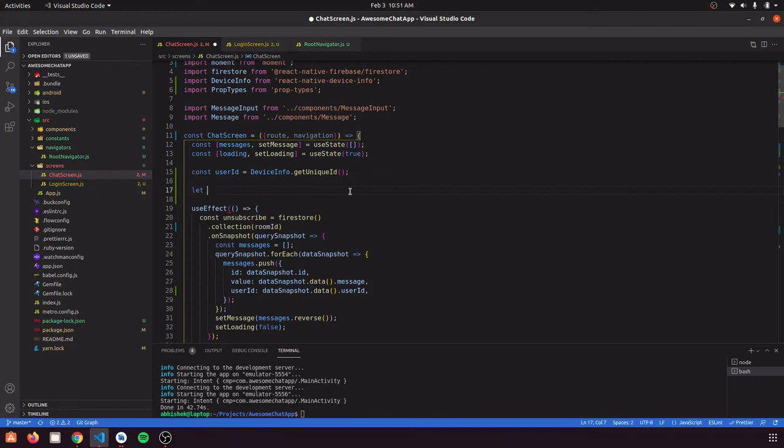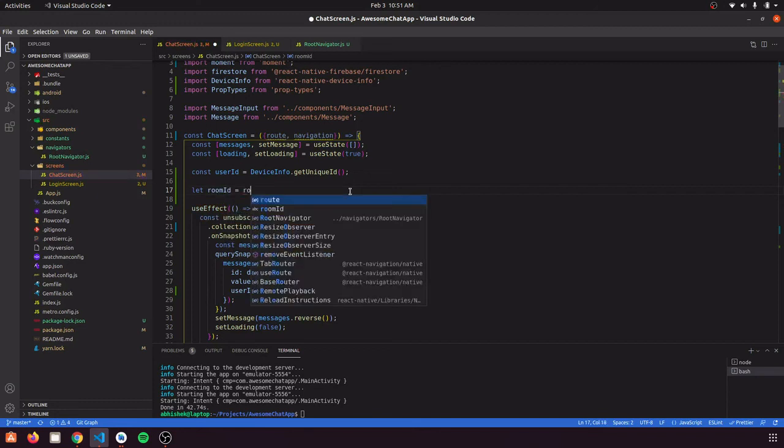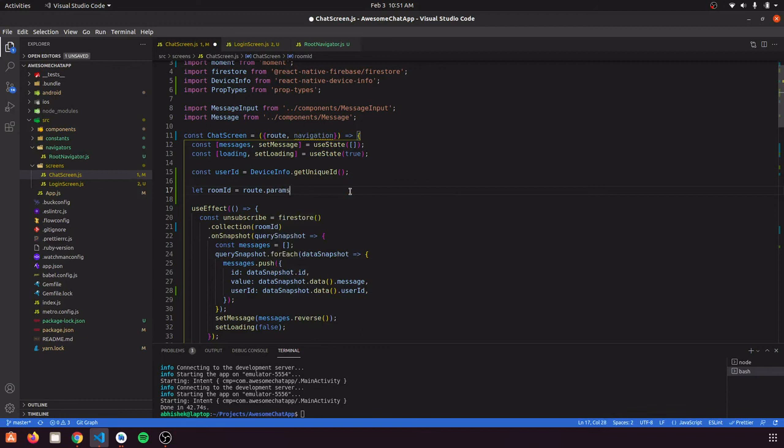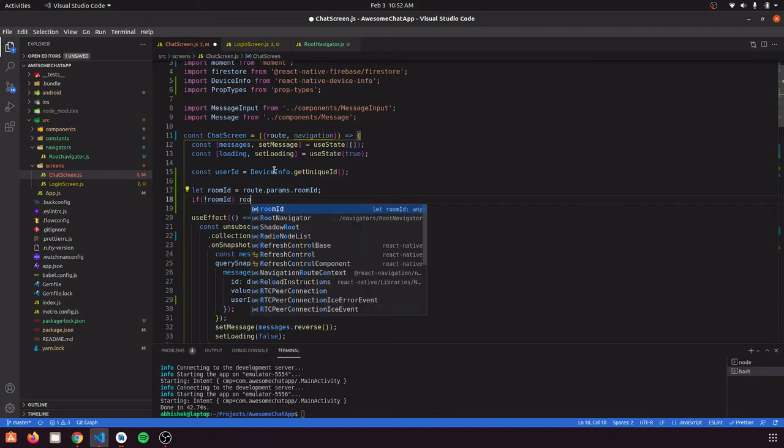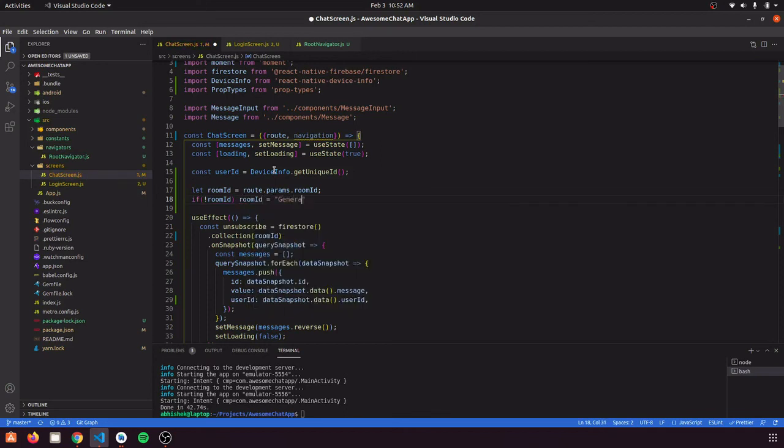So let roomId equal to route.params.roomId, the parameter that we have passed, and if room ID is null or empty string, then we are going to give it a default room ID as general.